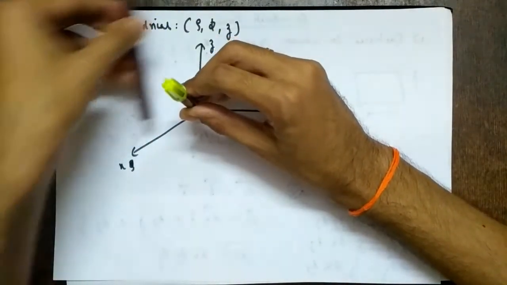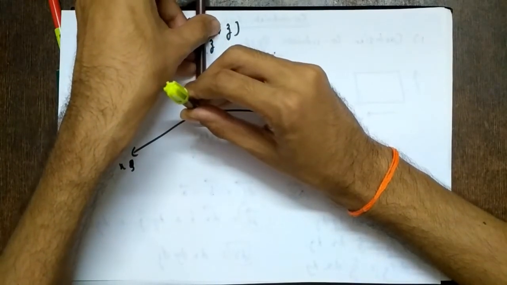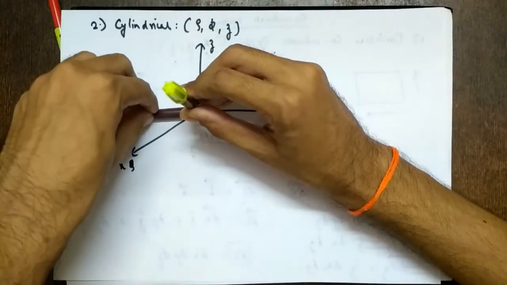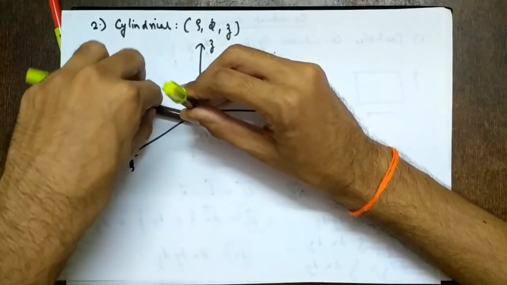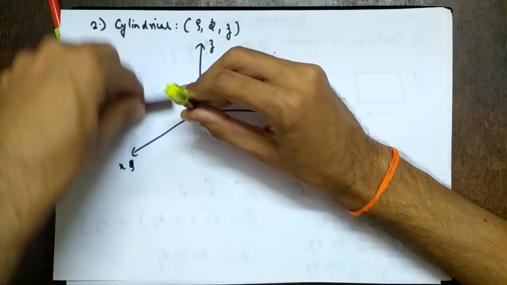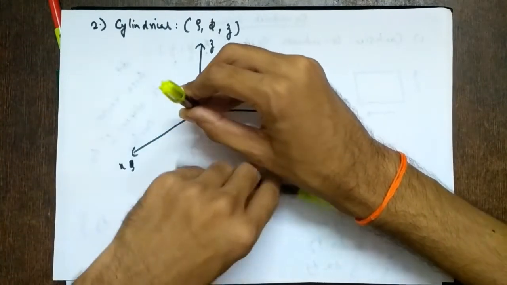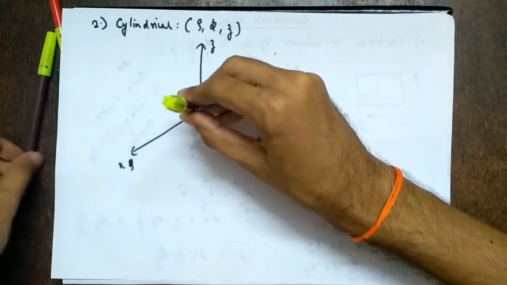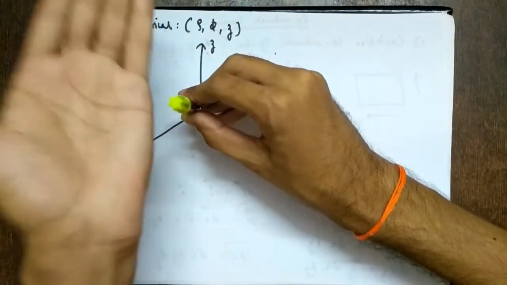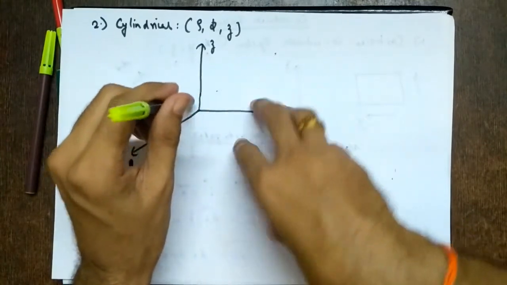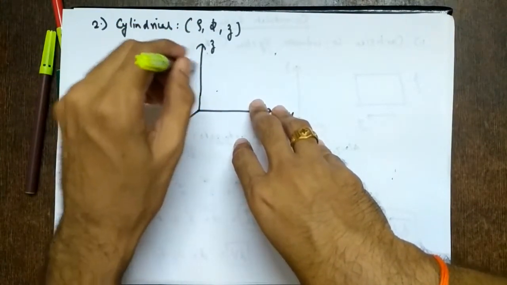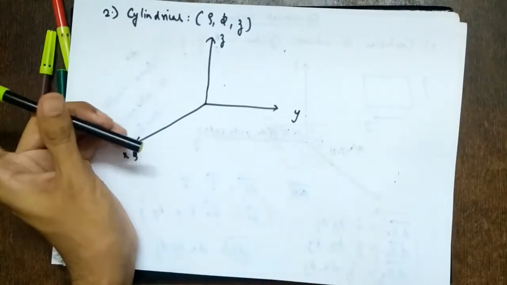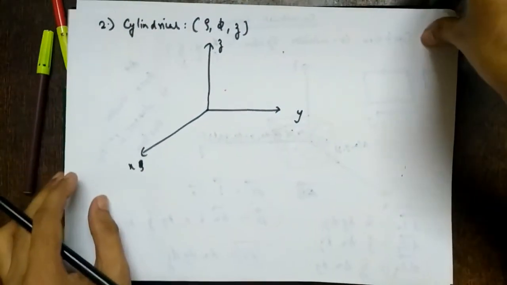So I take a radius. Let's say this sketch pen represents radius. So radius is how much? Rho. I move this radius. Now it is tracing some angle. So that angle is what? Phi. So if you observe, if I trace a complete 360 degrees, what will you get? You will get a circle. Now I just pop that circle up towards you. What will you get? You will get a cylinder. So rho is what unit? Meter. Phi is angle, so unit is degree or radians. Z is again meter. So this is how we form a cylinder. Okay. So this is rho, phi, z.